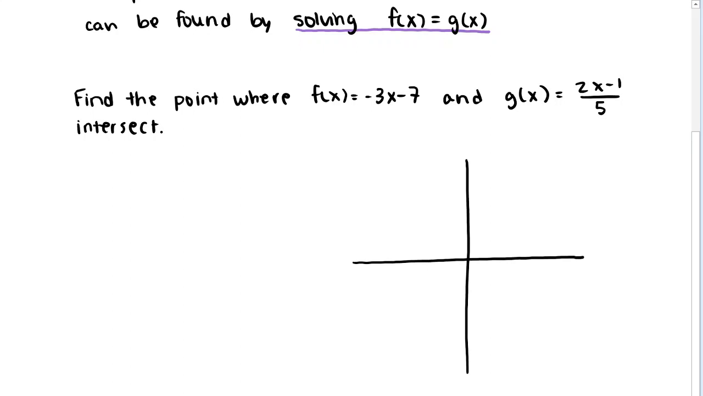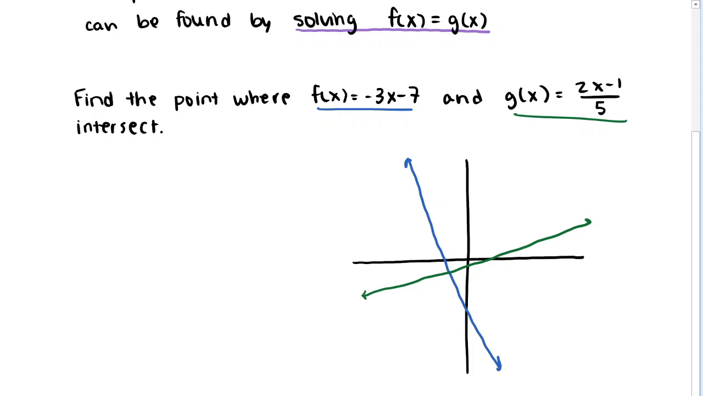We've got one function f of x here with the slope of -3 and a vertical intercept of -7. So the graph of this function might look something like this. Just a rough picture here. And then here, if I have my g of x function, it's got a slope of 2/5 and a vertical intercept of -1/5. So the graph of the function might look something like this,